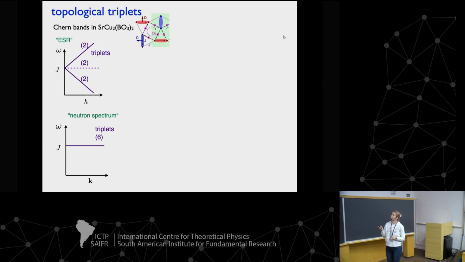If we just wanted a Heisenberg model describing this material, then this is what we would expect in the ESR and neutron spectrum. This would be a fully SU(2) symmetric Hamiltonian, and in the ESR spectrum we would have 6-fold degenerate modes at zero magnetic field that would then be Zeeman split, with a 2-fold degeneracy because of the 2 sublattices. And then the neutron spectrum would be pretty boring.